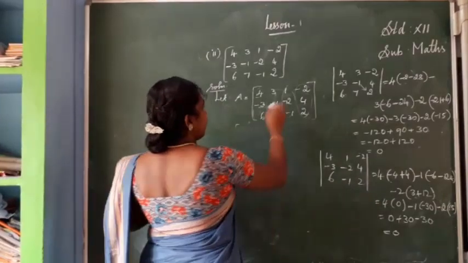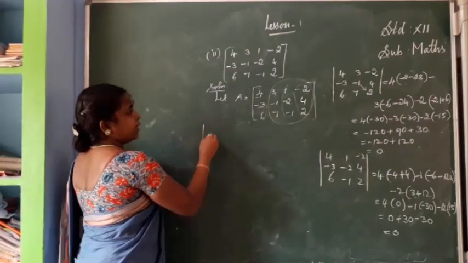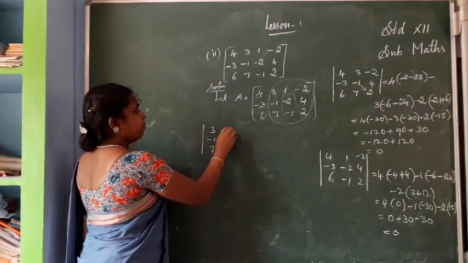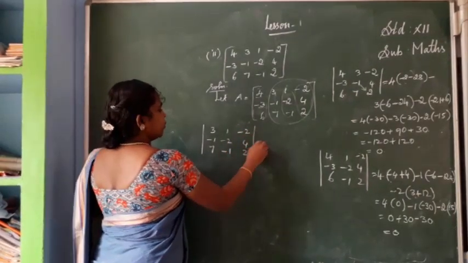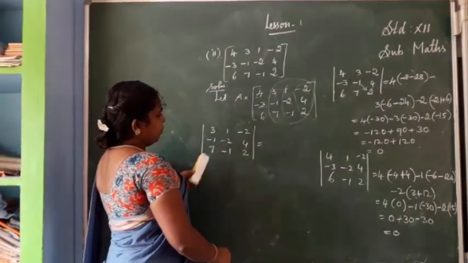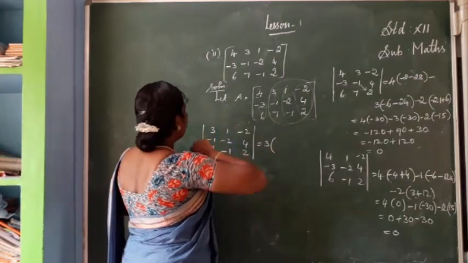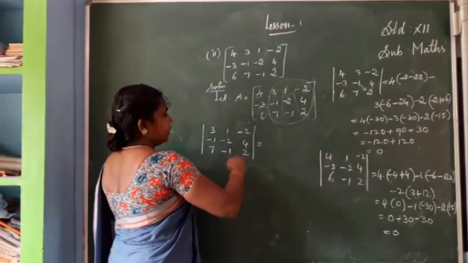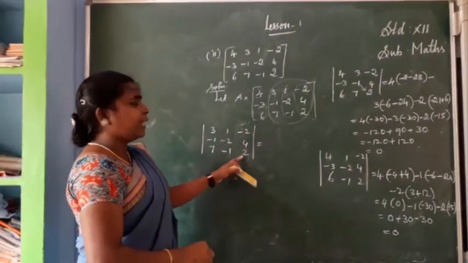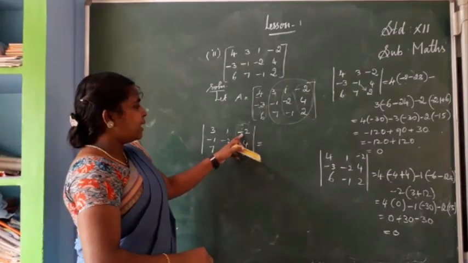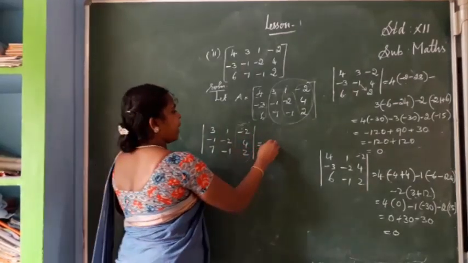So one more possibility is here. The last 3 columns you want to take, that is the last 3 by 3 minor. So the determinant is |3 -1 7; 1 -2 -1; -2 4 2|. Now again we are going to do 3 into... I am going to write it shortly. The last column, you see -2 4 2. All the elements of the last column are multiples of 2. So if we take minus also, this will make 2 columns equal. So I am going to take minus 2 common.